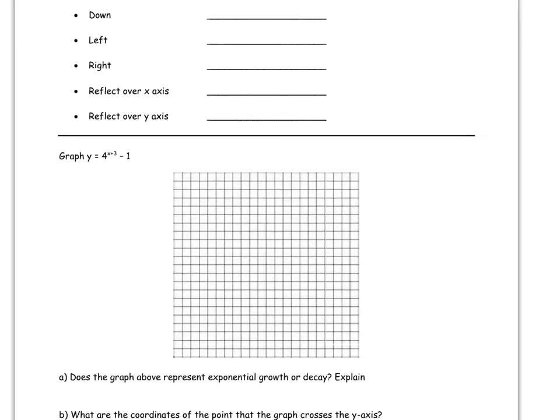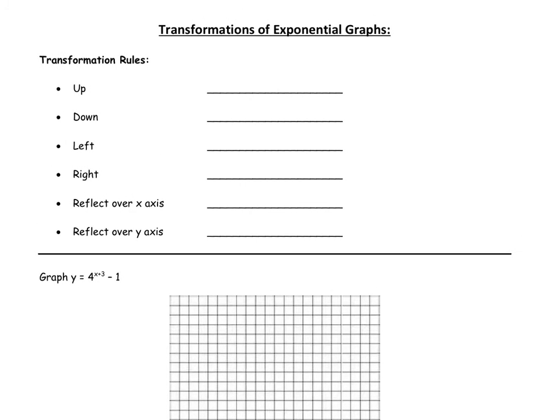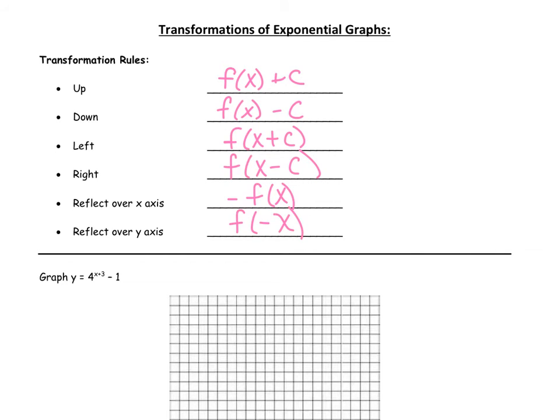Okay, so now I'd like to speak about transformation rules. Now, we've reviewed these a few times before, but I'd like to review them again. If we are going to be moving up, we always are going to write it as f(x) plus c. C goes on the outside. If we're going to go down, it's f(x) minus c on the outside. Left is f(x plus c) on the inside, where right is f(x minus c). A reflection over the x-axis is a negative on the outside, and a reflection over the y-axis is a negative